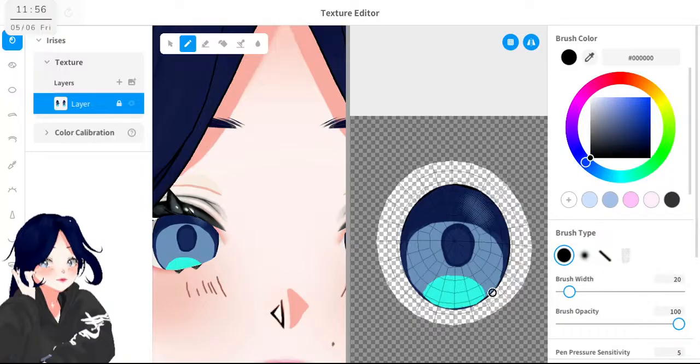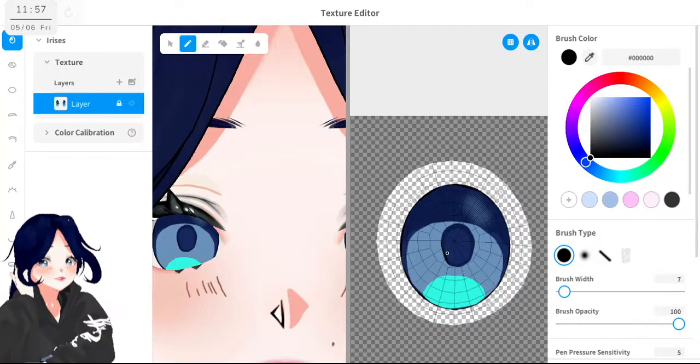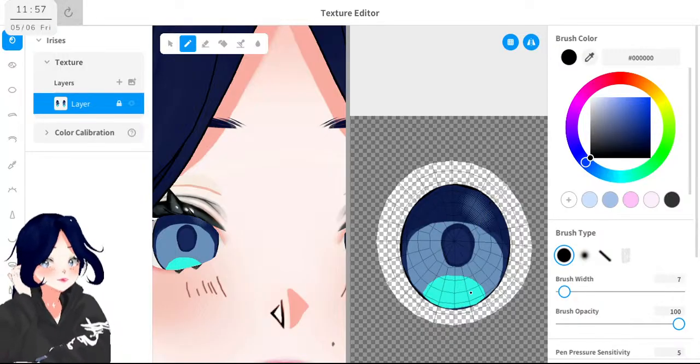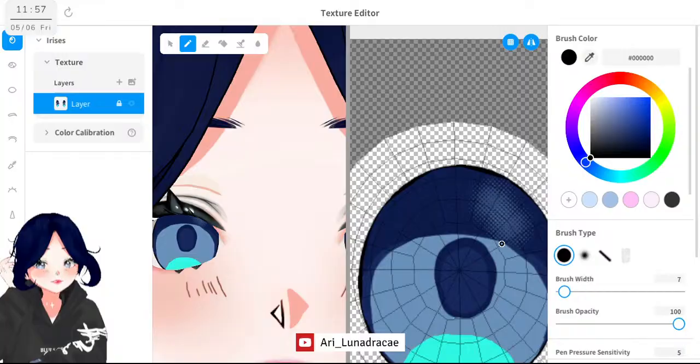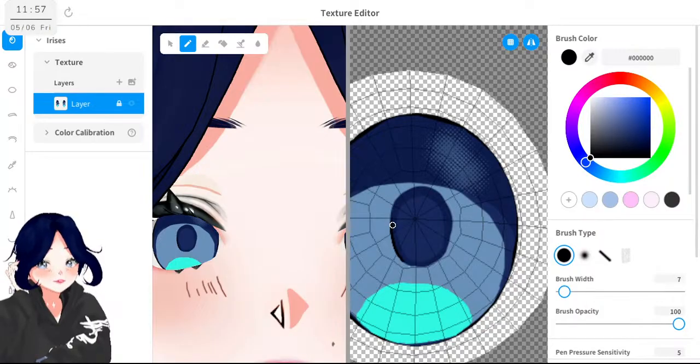Now the other thing to look at is the eye shape, because maybe the eyes are a little too big here. So make this one smaller. And change the stuff here.